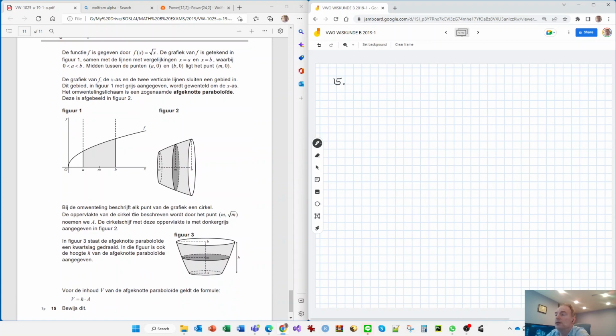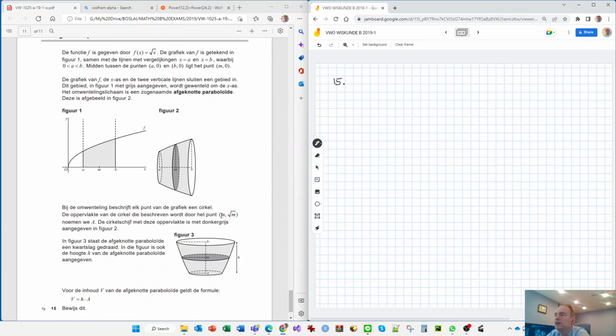So every point on the graph will describe a circle when you rotate it around. And then you can define a circle A, or the area of a circle